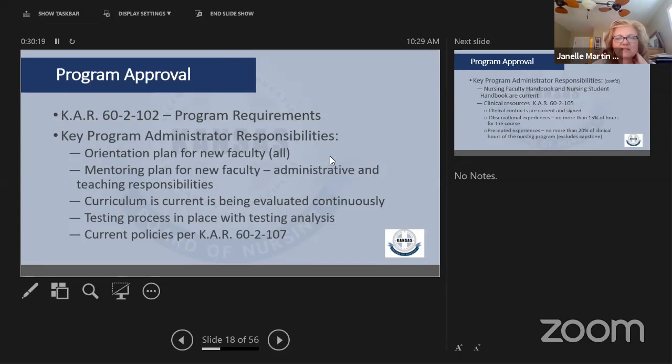And one of them is for orientation of new faculty. And when I say all, that means that your full-time, your part-time, and your adjunct faculty are all getting orientation. And not just orientation to the school and to the program, but there's also a piece of the orientation that has to do with their teaching and teaching responsibilities, especially if you've got a new faculty member who maybe hasn't had a lot of educational background in terms of teaching.